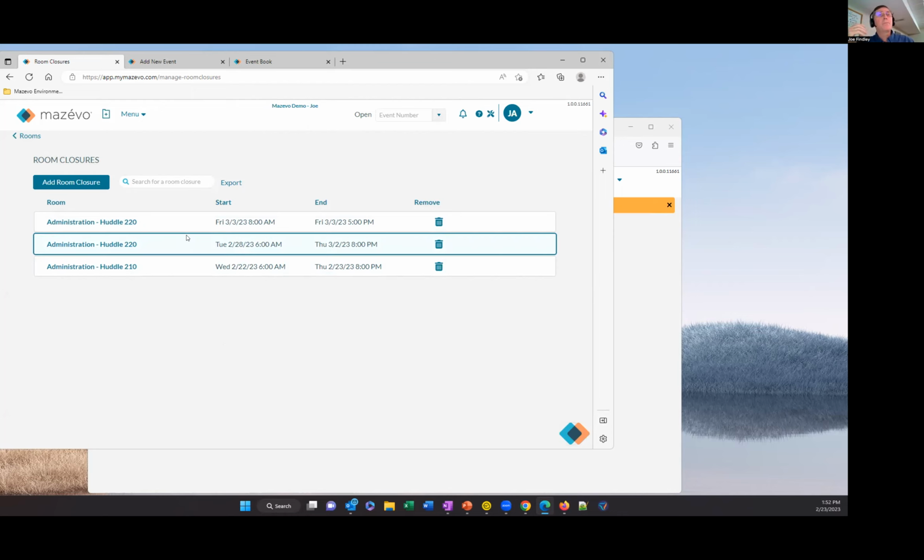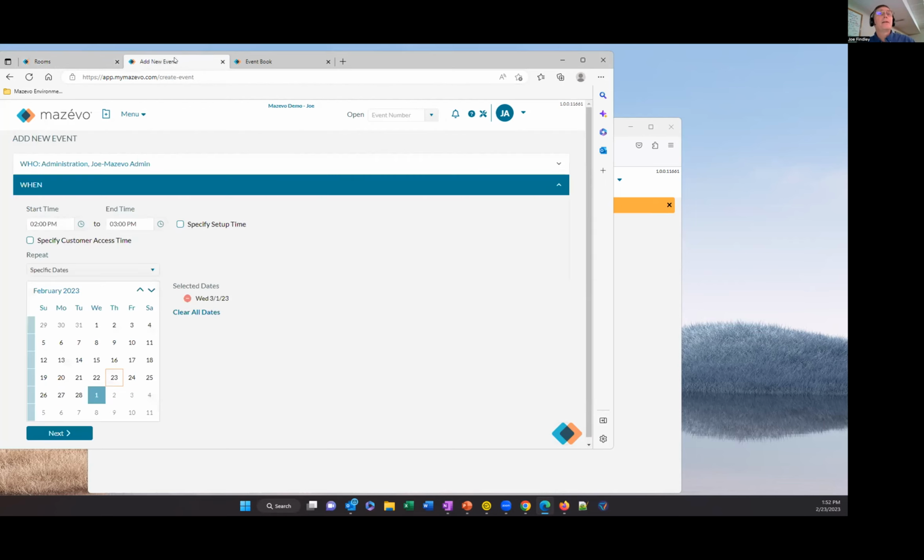And again, the use case for this is typically maybe you need to do a little maintenance. You need to clear out the room so that maintenance can get in, or changing something or whatever when things are already scheduled. But once you actually add this in, then when you go through to make a request for that particular date and time,